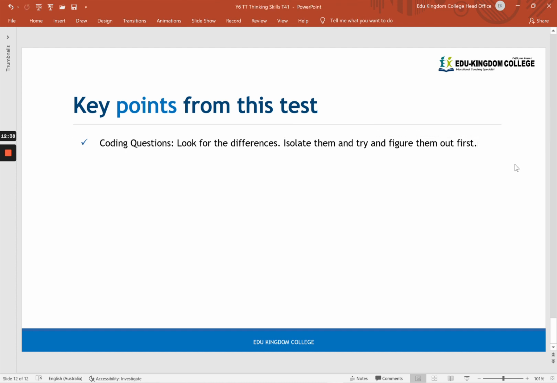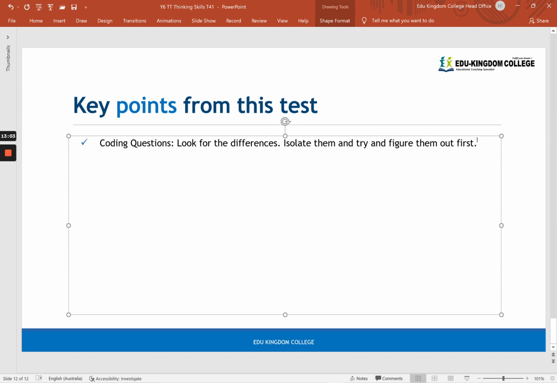So for example, for our letter code, I started with 1. 1 is always good because it's kind of the start. And 1 was represented by an A, and I knew that there was a link there because A is the first letter of the alphabet. Another thing was the addition code. Do you remember that? So when we added things up, you write in what you already know, and from there, try and figure out the unique parts.